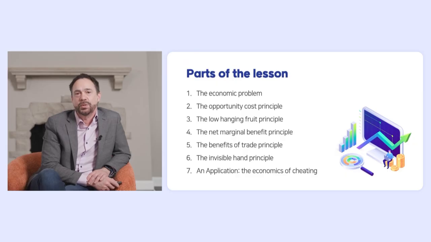So this is what we're going to do in this lesson. First, we're going to talk a little bit about the economic problem. Then we're going to introduce all the principles that we're going to use for the rest of the semester. The first one is the opportunity cost principle. Then we'll talk about the low-hanging fruit principle. Then we summarize these two with the third principle, which we call the net marginal benefit principle. Then we talk about trade. Finally, we combine all the principles into the major economic principle, which is the invisible hand principle. And then we're going to use all of these principles to